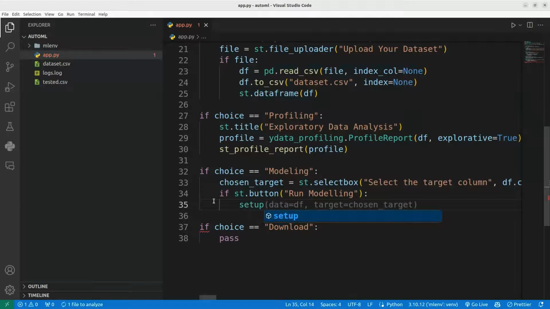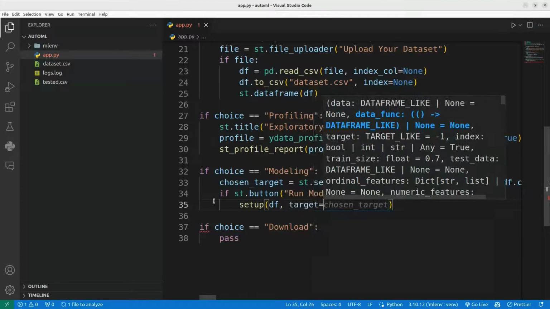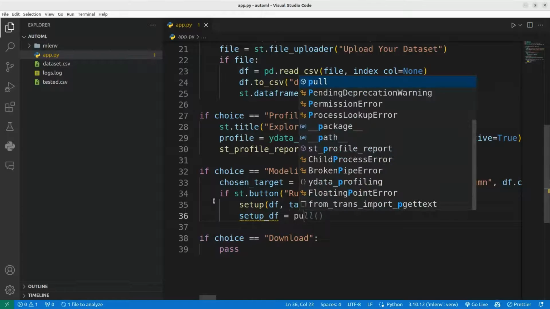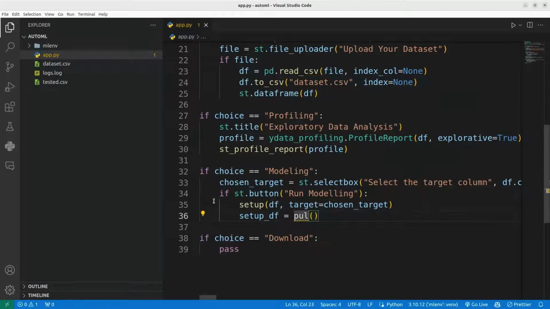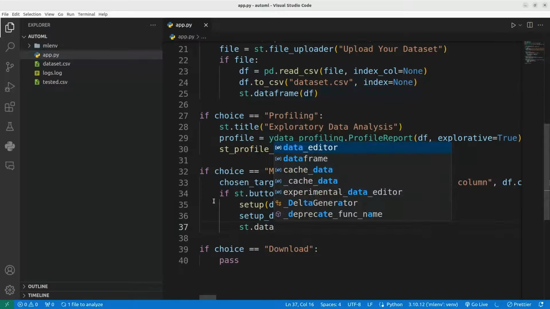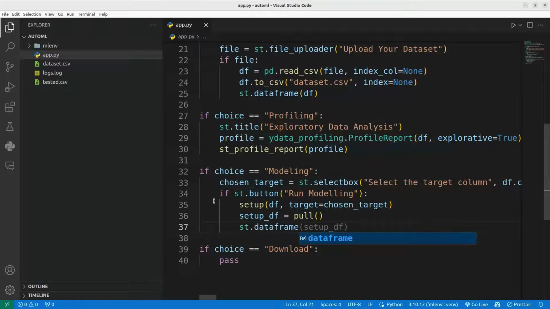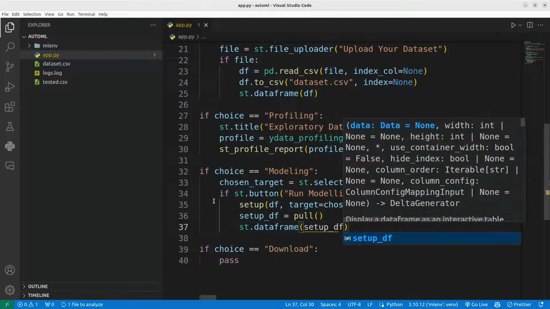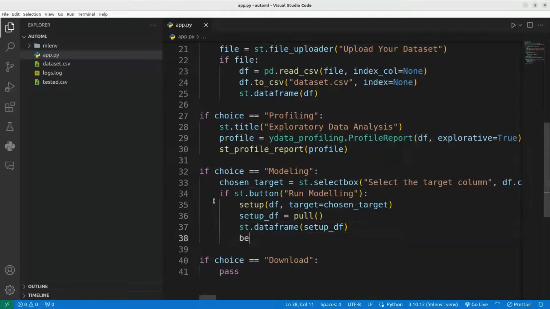So setup, and df target is the chosen target, and setup_df pull, then st.dataframe setup_df, then best model, compare models,